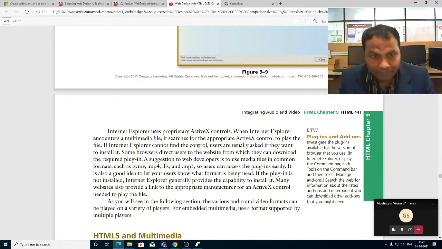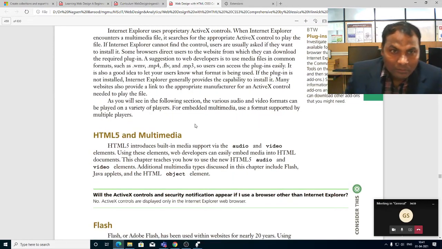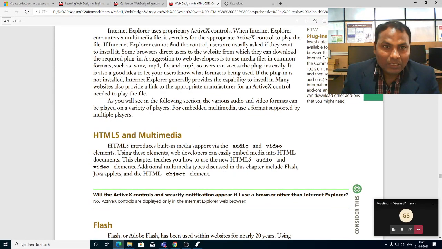Now you see, in Internet Explorer, ActiveX control is used for the media file player. When Internet Explorer encounters a media file, it searches for the appropriate ActiveX control to play the file. If Internet Explorer cannot find the control, users are usually asked if they want to install it.